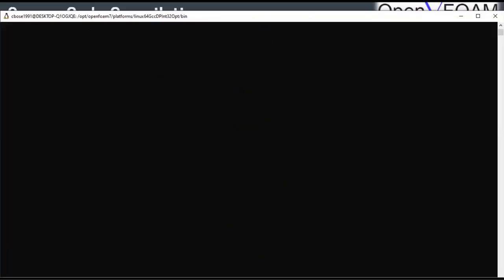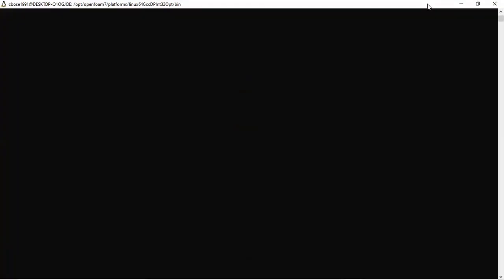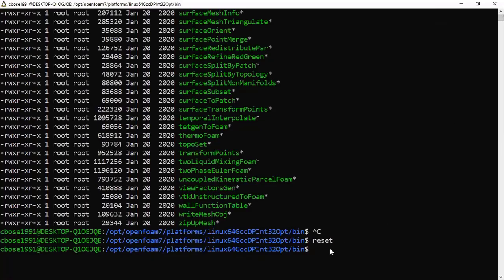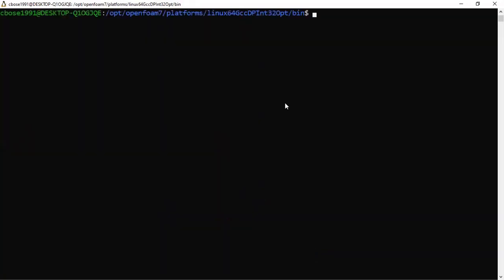So now, similar to that, we will create something in our user directory. When we compile our code in our user directory, we will have a similar bin which will be created within our user directory. So let us go to our user directory again, by going to WM_PROJECT_USER_DIR. Clear? Now this should be clear with you.